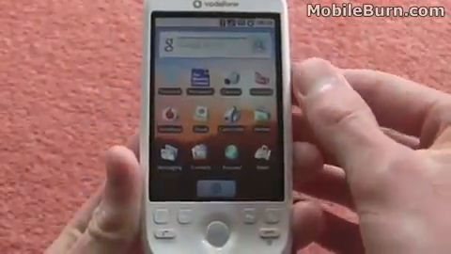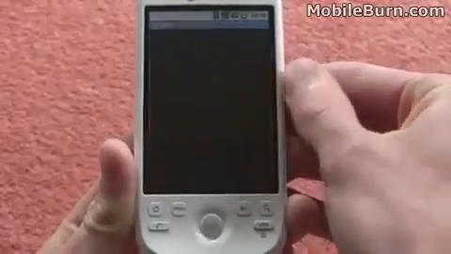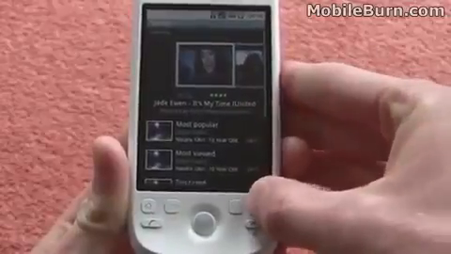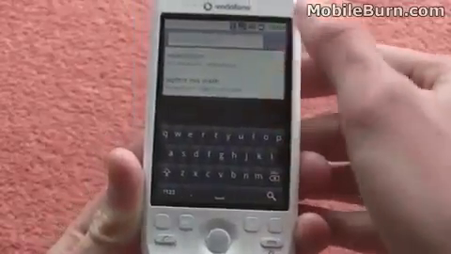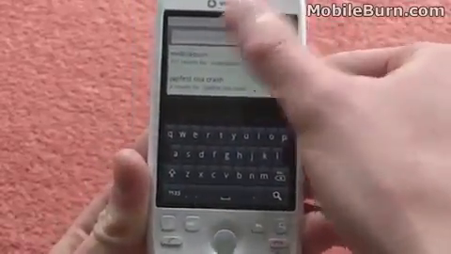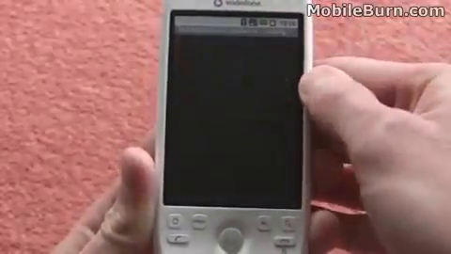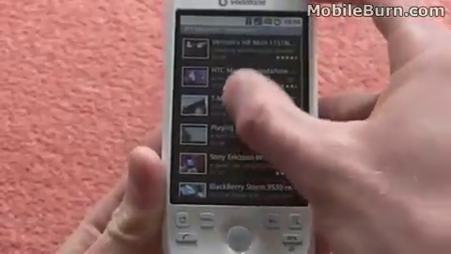So I'm just going to show you the YouTube application here. Just tap the icon up there and it goes straight into the application. Then we can use the search button down here. This can also be used in the Android Marketplace, I forgot to mention earlier. But we can just search for whatever we want. We've done a previous search here for mobile burn, so we just click on that. And we get some